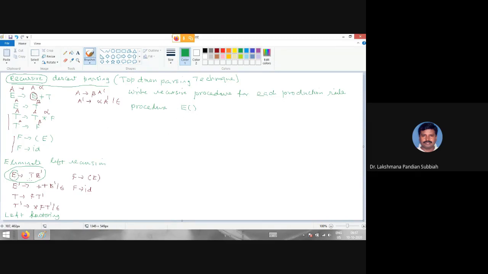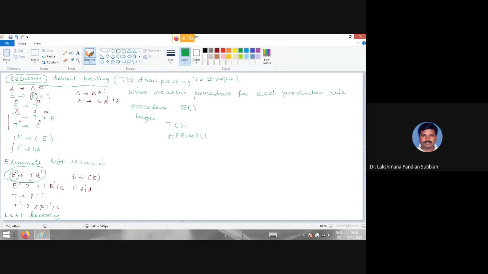Then here we are having non-terminals, so you have to start with begin, then call another procedure T, then another procedure E dash. E dash you can write as E prime. You are having another function, right?